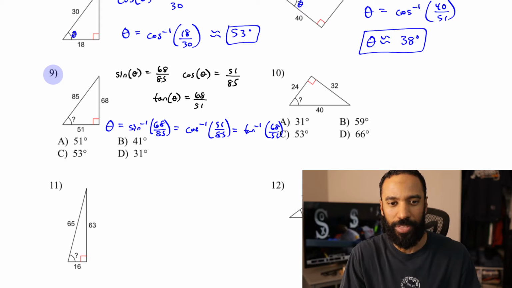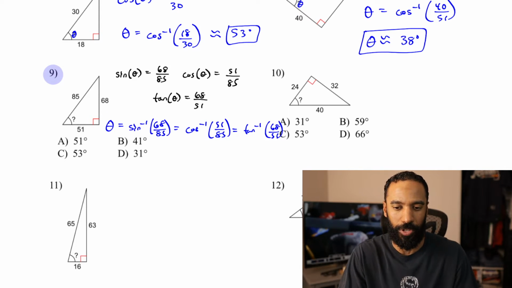Any of these three will give you the exact same value as long as your calculator's in degrees and you type it correctly. Let me show you. Inverse sine of 68, I don't know what the answer is, but 68 over 85 is this number. Inverse, oh, look, we saw this number before. Maybe those could have reduced and I wasn't really looking. Inverse cosine of 51 over 85